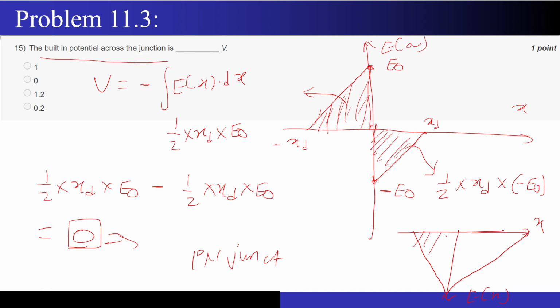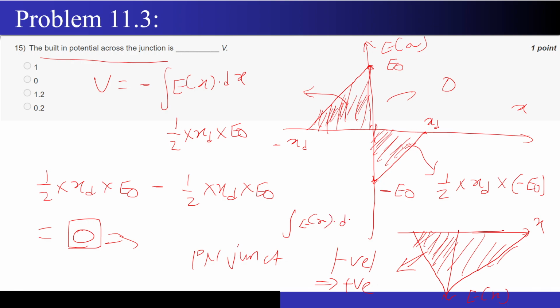Now if I take the entire area, this will come out to be net negative, and if you just take the magnitude, this will come out to be positive. But here it is exactly the opposite. The area on the left half side is exactly negative of the right half side. So the moment I add them, they will add to zero. For your PN junction, I at least have some finite potential, that is the integration of E of x dx, which is not equal to 0. But if I do it for this question, it is coming out to be 0, right?